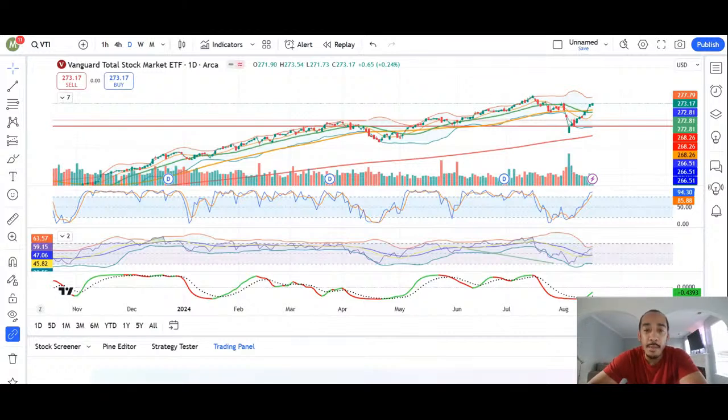So I pay attention to them both. The stochastic, which is this one on the top with the little blue area, with the blue and orange lines, moves a little faster. But I feel like the RSI, which is down here, is a little more definite when you're paying attention to the moves, right?